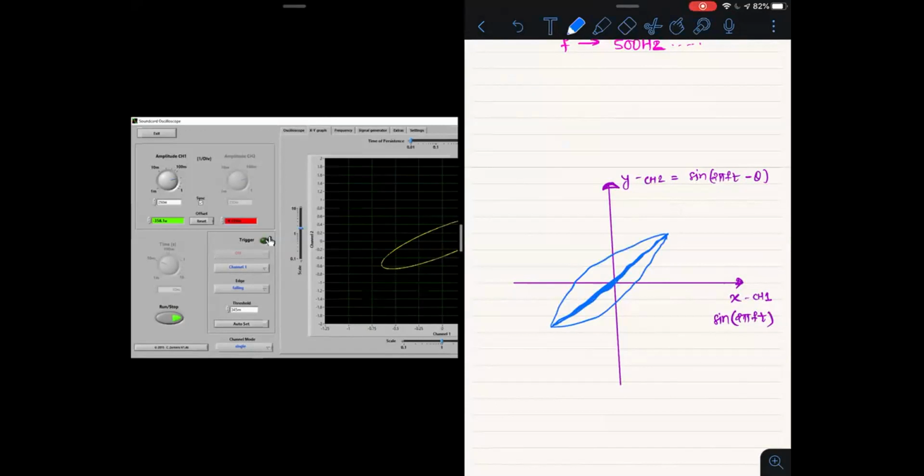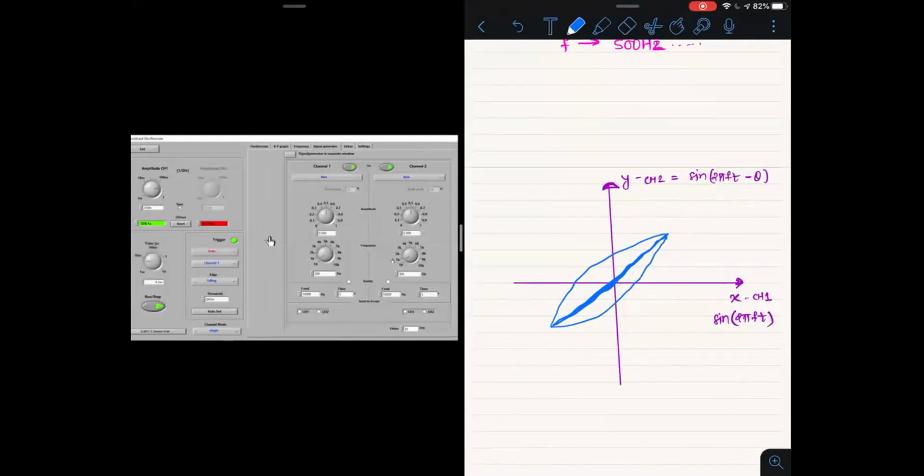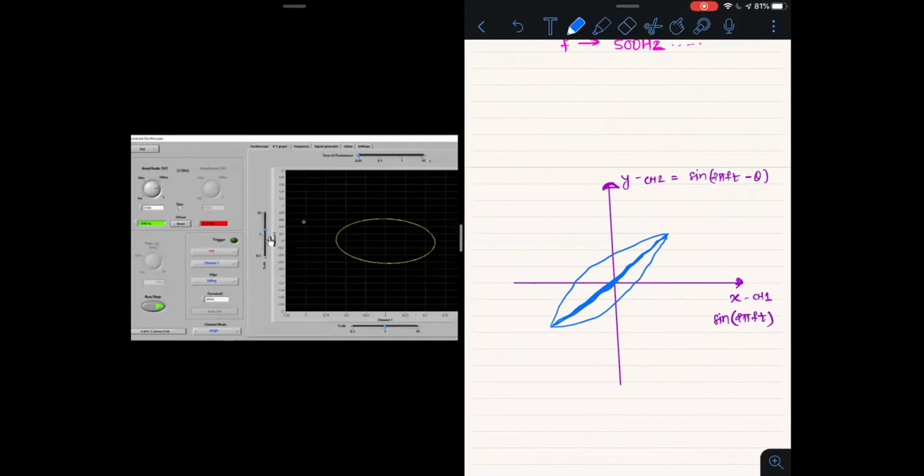And if you keep on changing this phase shift, just see, I am going to put this phase shift to 90°.